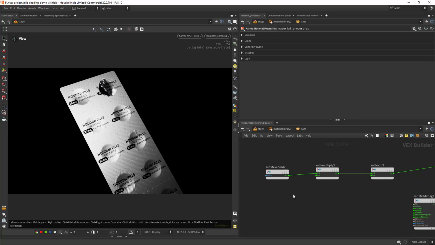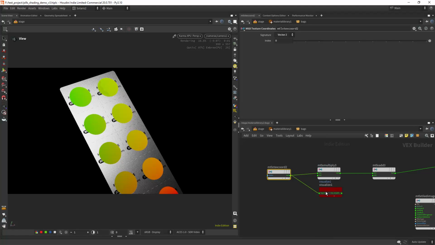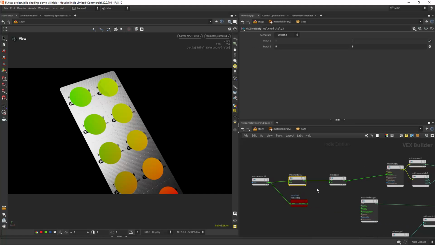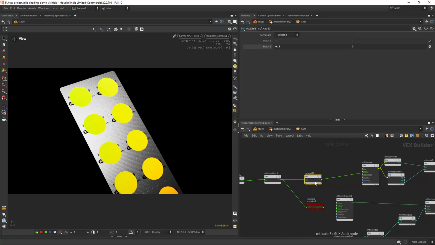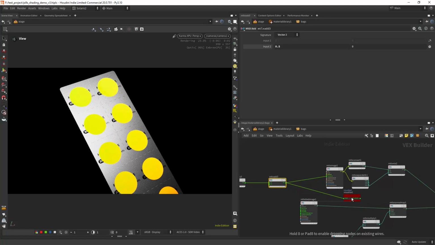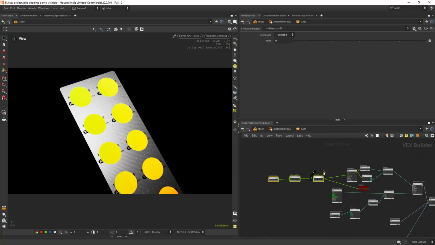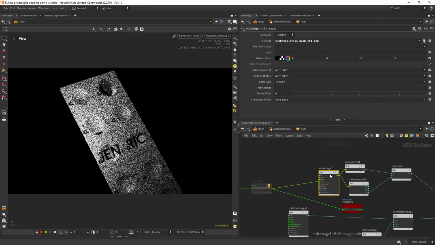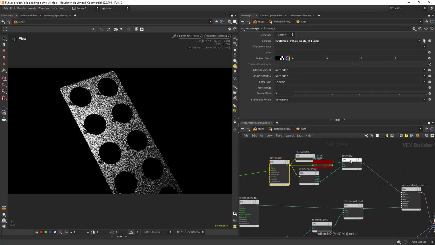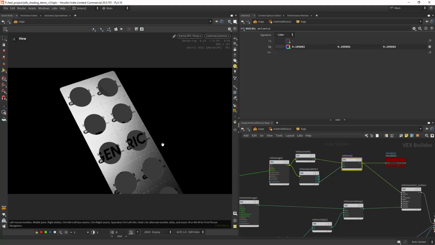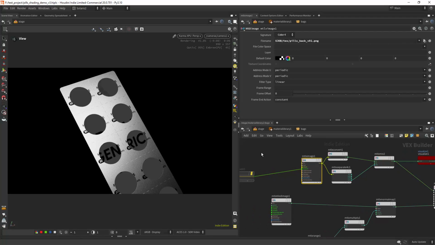nodes. Actually, it's pretty simple. You just select a node and press X and you will start to visualize an emission shader, a flat emission shader. This is really useful when you're trying to debug noises and other types of nodes. So as you can see, if I disable these nodes in here and I look at this one or these outputs, I have just the text repeating once with the MaterialX image,